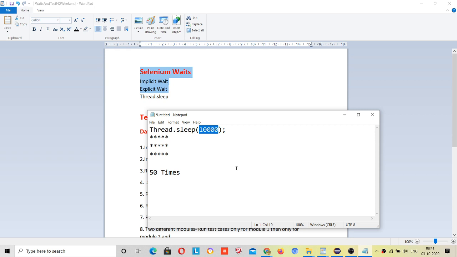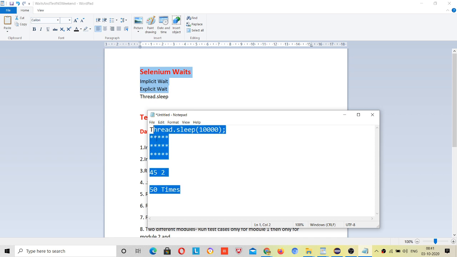Suppose 45 times the element was loaded in 2 seconds, but still execution was stopped for 10 seconds. It will be killing our time. Thread.sleep slows down your execution, so it is not a good choice.